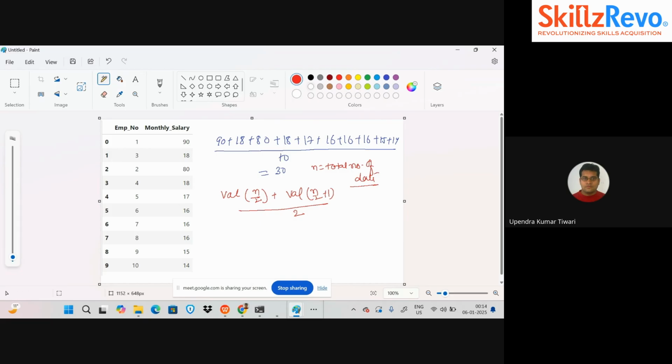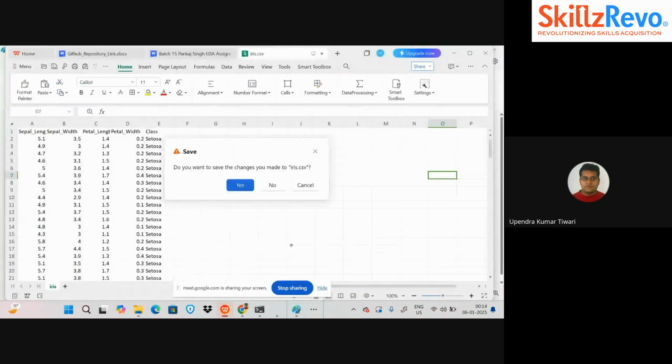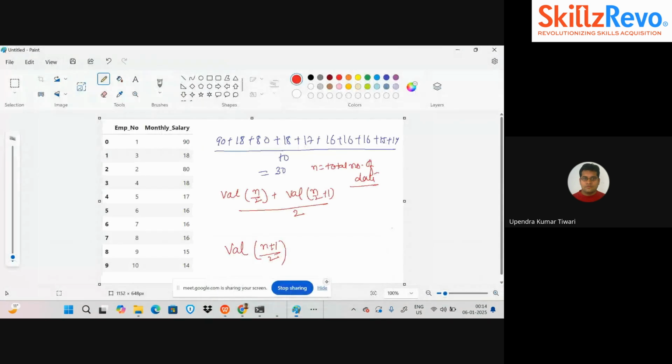When we have an odd number of data points, the formula becomes the value at n plus 1 upon 2. So this is the formula when we have an odd number of data points. Okay, everyone? Now,